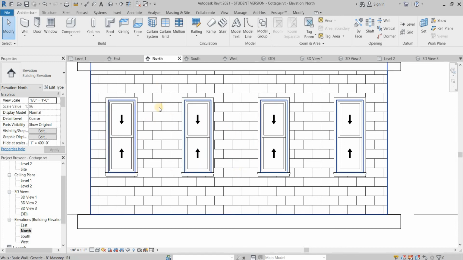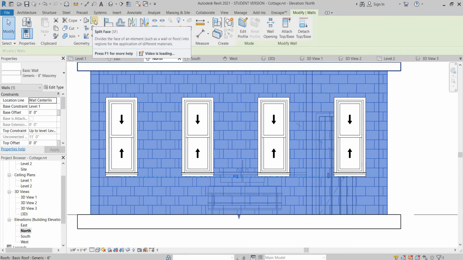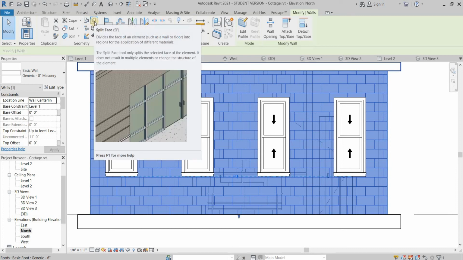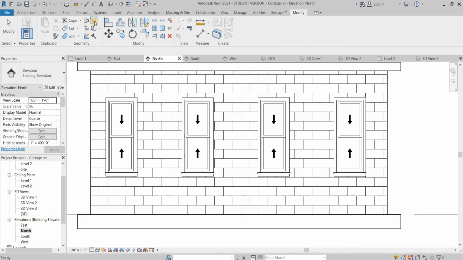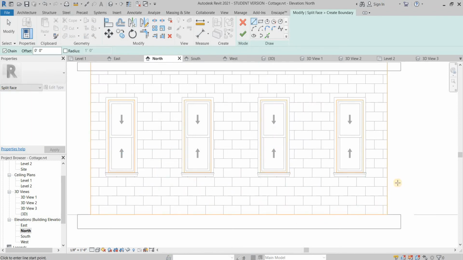Now this face has this CMU facade. So what I'm going to do is split it first. How I do that is by selecting the wall and going to this tool on my modify panel. There is a tool. It looks kind of like a TV, at least to me. You can click on that button, and now I'm going to select my wall again. Now it changes to a different color. You have this outline of an